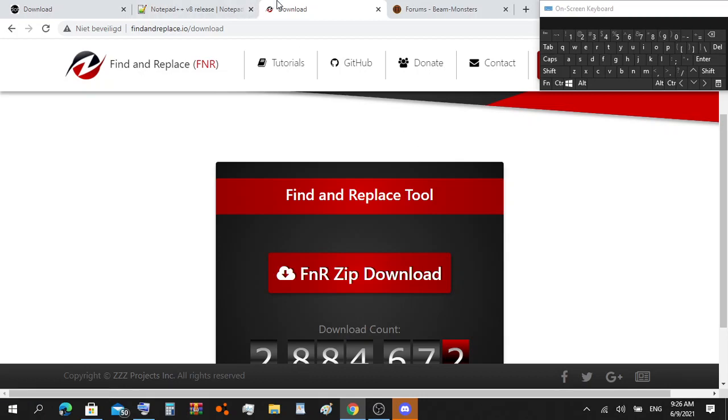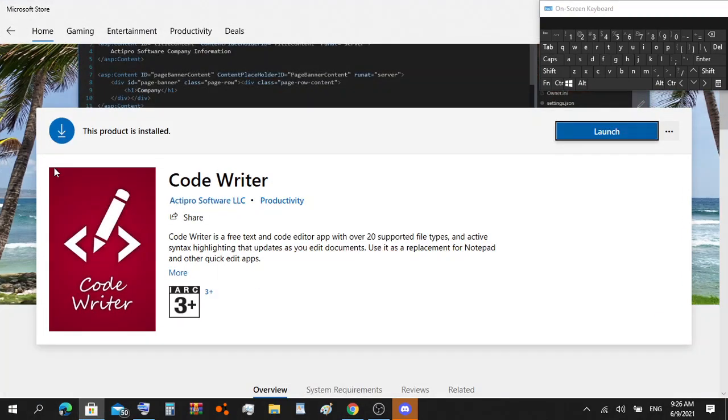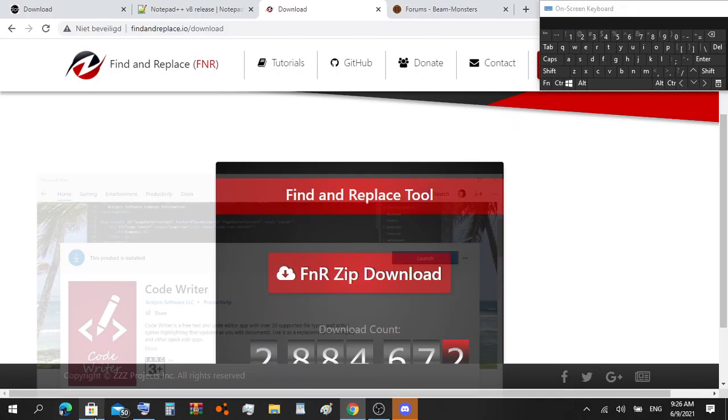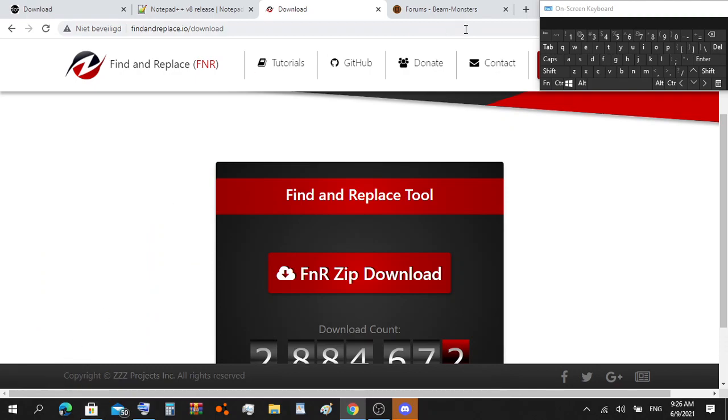Once you have these three programs installed, you can go to the Microsoft Store and search for Code Writer. Once you have searched for Code Writer, you just press the download button because it's free to use. Alright, once you have these programs, you'll go to